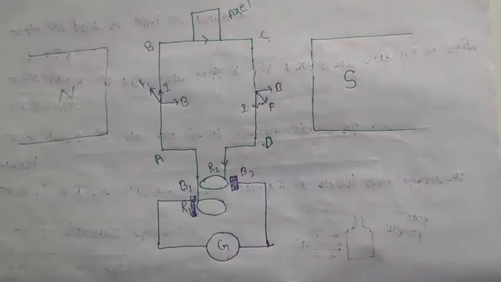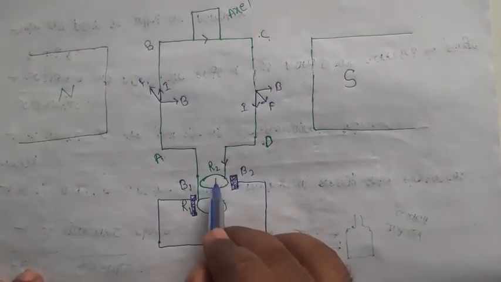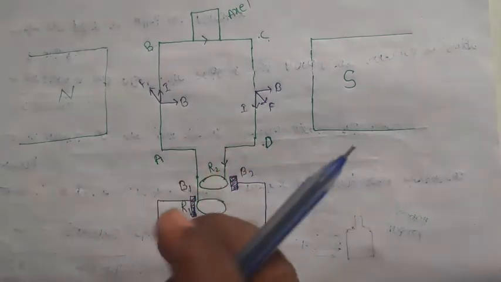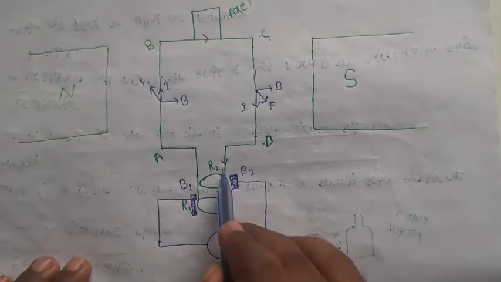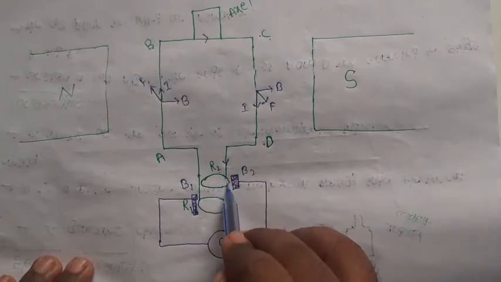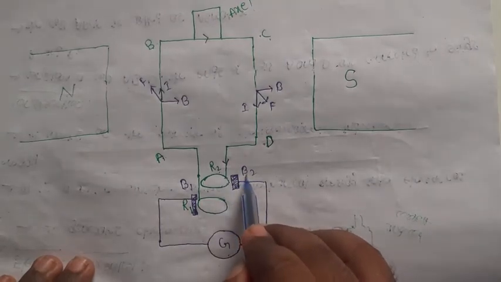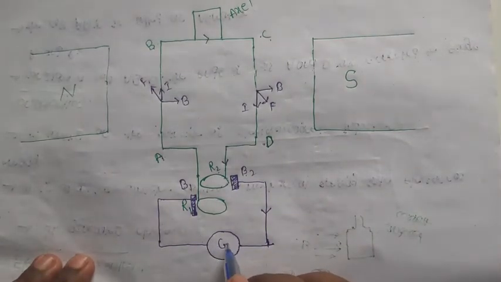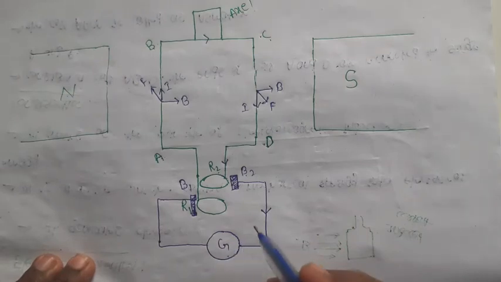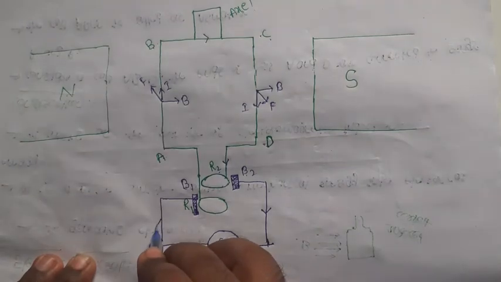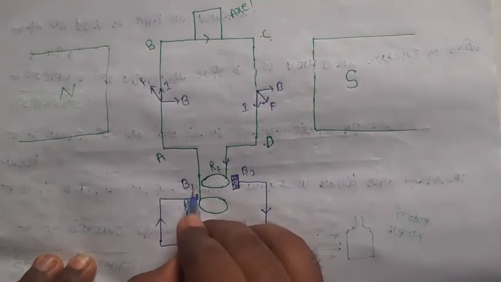R2. What do we call this ring? Slip rings, because this slip ring will slip as the coil rotates. So it reaches from D to the R2 ring. The R2 ring is attached to brush B2, so it travels to B2 in the galvanometer. The galvanometer shows deflection. From that deflection, what are we understanding? So here induced current is developed.